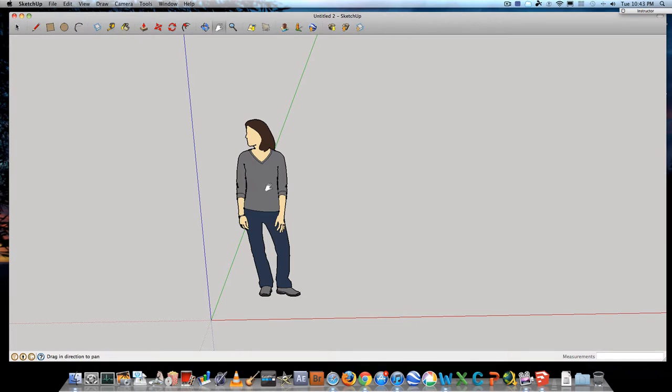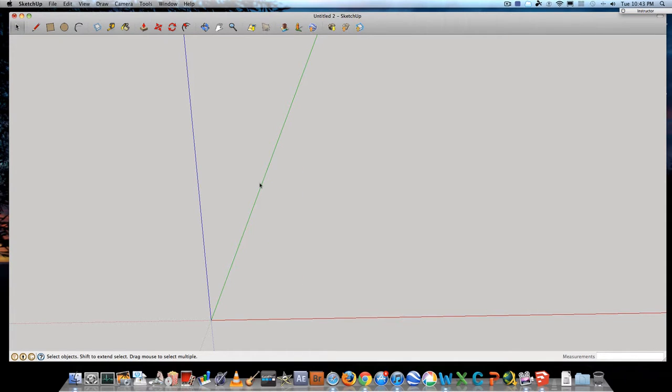Now, this person here, whether it's a man or a woman, often it gets in my way, I'll be frank. I'm going to delete this object. Now, some of you will have an eraser function up here. If you have an eraser, you can click on the eraser and you can use it to erase lines, this person, or what have you. I don't have the eraser, so I have a cursor. Click on the cursor. I'm going to highlight what I want to delete, and I'll push delete, and that's now